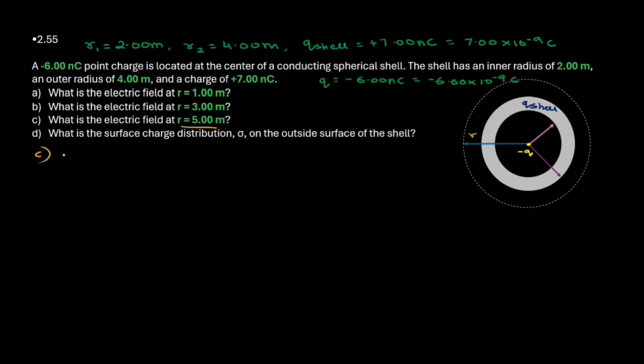According to Gauss's law, the total flux through a surface is equal to